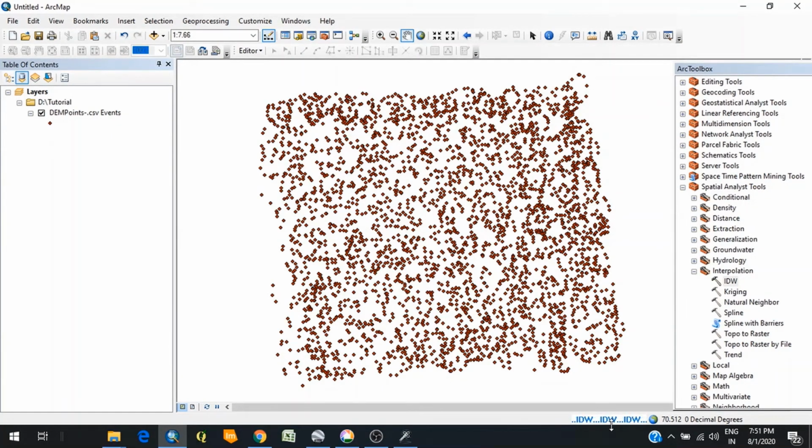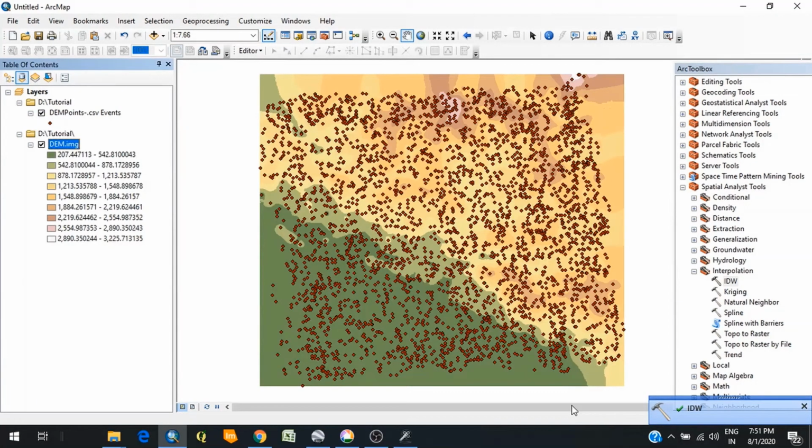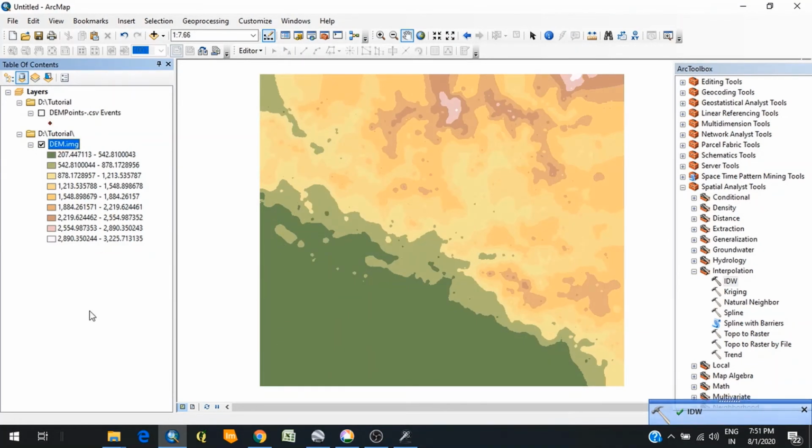So this is how you can create a DEM using Google Earth, and this kind of DEM data can be used by students for learning purposes. Whereas for research purposes, you need even higher resolution data. So in my next video, I will tell you how you can download freely available high resolution DEM data, of approximately 12.5 meter resolution.